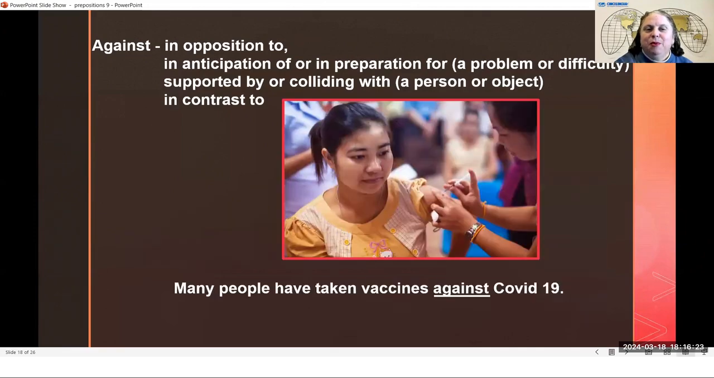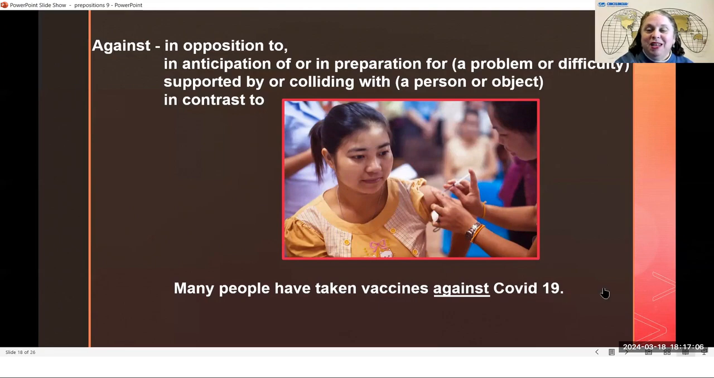Okay, here is an example of being in anticipation of or in preparation for a problem or a difficulty. Many people have taken vaccines against COVID-19. So this person is trying to prepare for COVID. They are in anticipation of, they have the idea, I'm waiting because I think this is going to happen. I think COVID is going to be common in my city again. So I will go and have a vaccination. I will have a vaccine against COVID-19